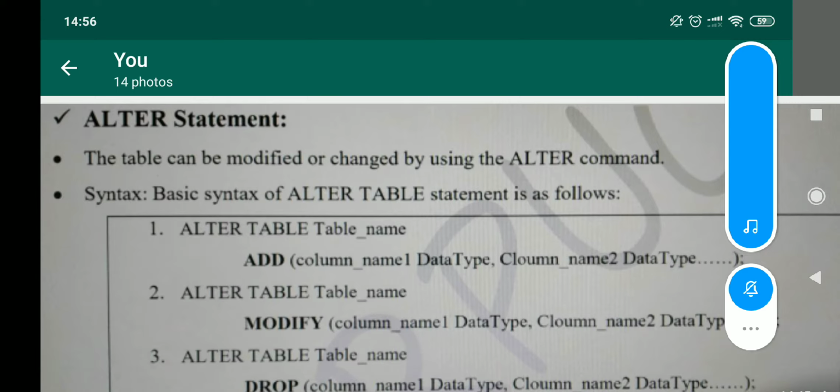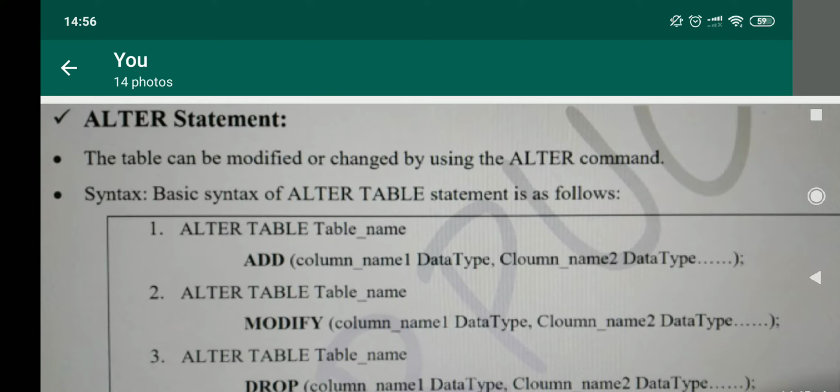It is very important that you remember the sequence in which these operations will be performed. So, first we need to create, then only we can describe. Once the table is created, only then can we go for alteration. Okay, it is not necessary to describe to do alteration. Describe will help us to identify how the table is created.